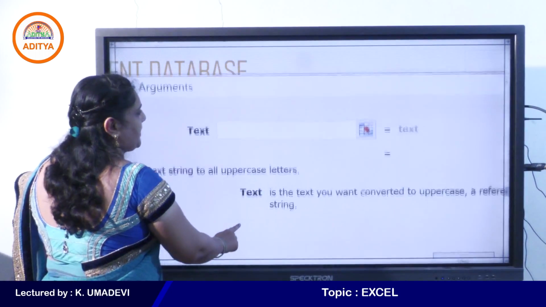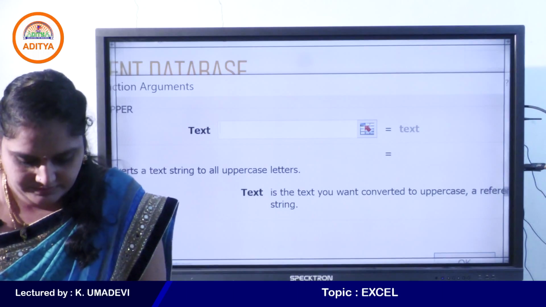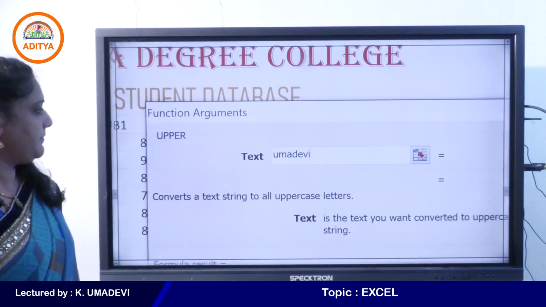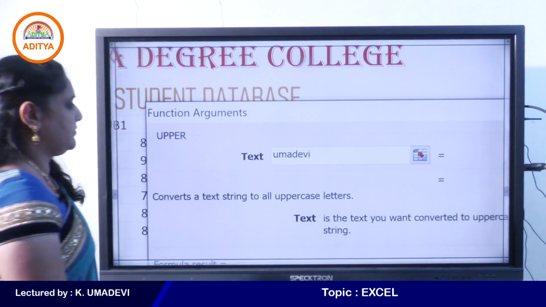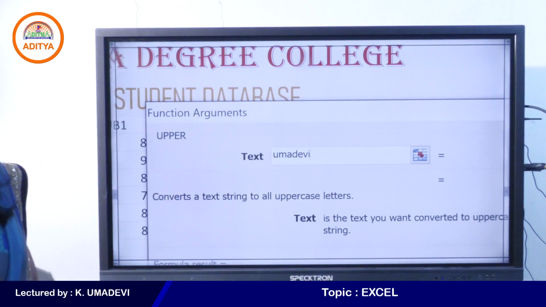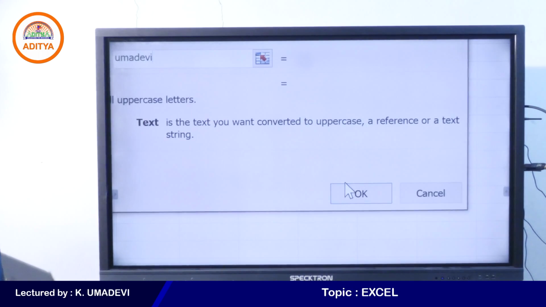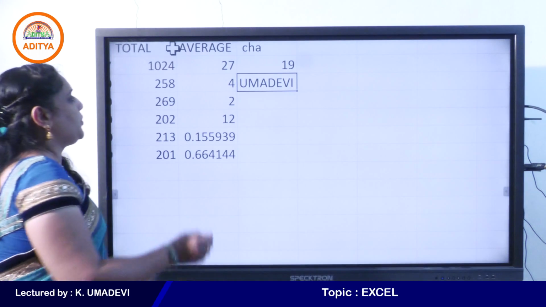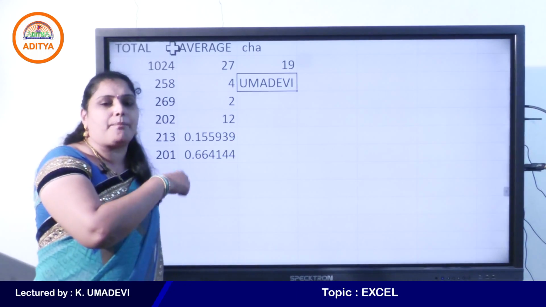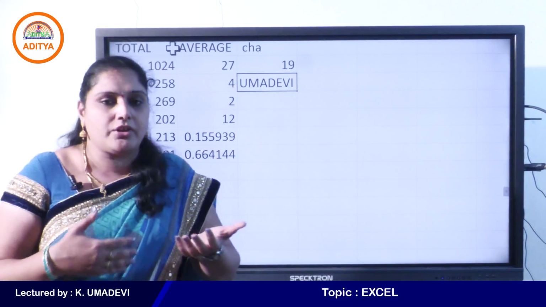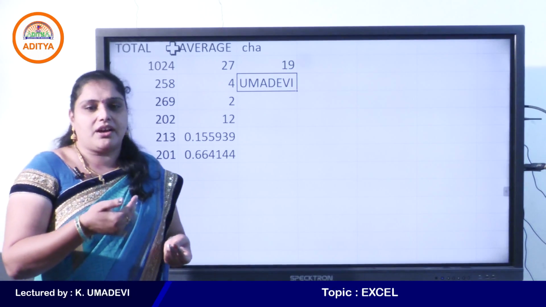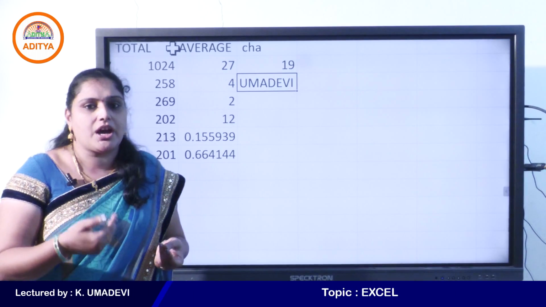And on the function arguments, here I'll enter my name. Okay. So where is the result, students? Yes. See here, I have written Uma Devi in lowercase letters, but the upper function converts all the lowercase letters to uppercase. So upper function is used to convert all the lowercase letters to uppercase.